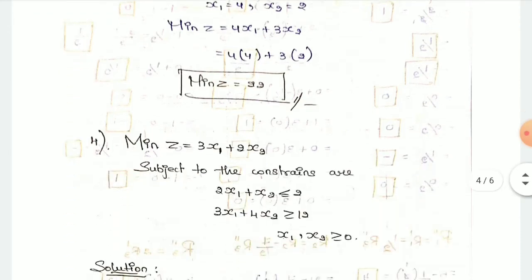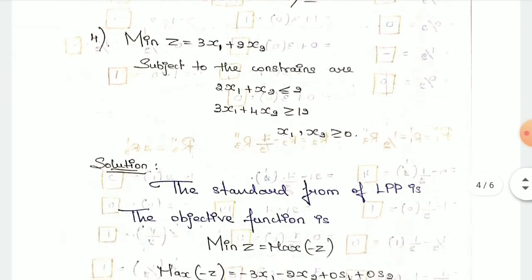The final problem will be for no feasible solution example. So how I will tell you. Minimization of Z is equal to, we have objective function 3x1 plus 2x2. Two constraints are given. One is less than or equal to form. The another one is greater than or equal to form. So less than or equal to means you have to write adding slack variable. Greater than or equal to means you have to subtract the surplus variable as well as add the artificial variable.